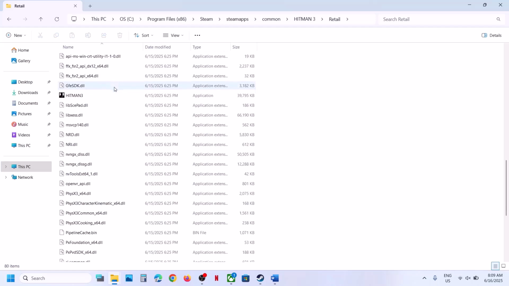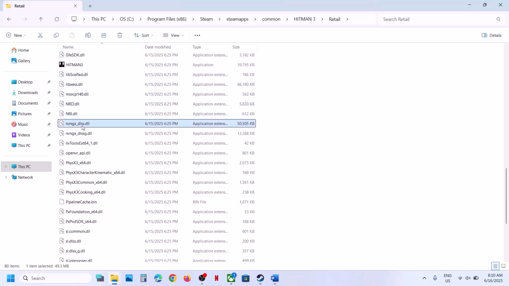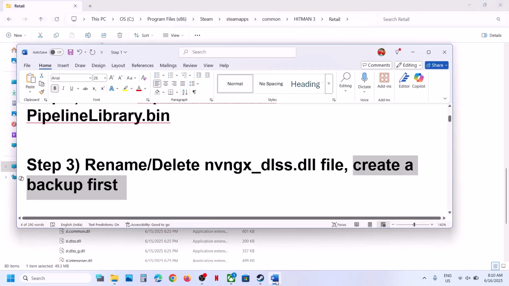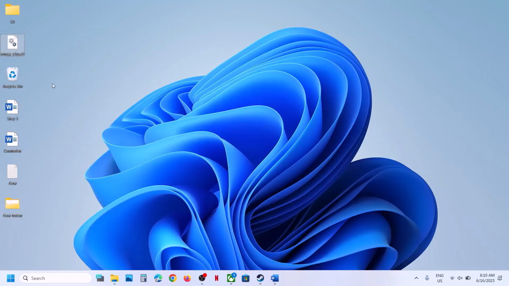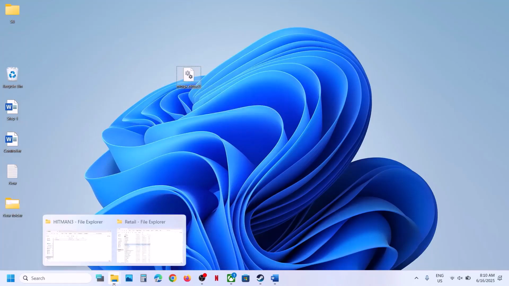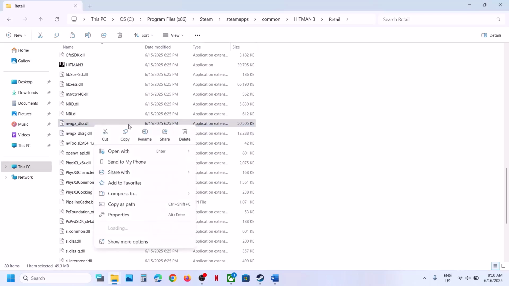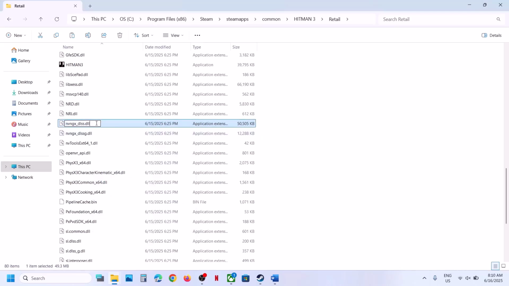Now once you open the retail folder, over here you can see this file, that is nvngx_dlss.dll. First of all, copy this file. So create a backup for this file. Copy it and maybe paste it to the desktop. Once you have a backup, now you can rename or delete this file. So either you can rename it or you can simply delete it, and then you can launch the game